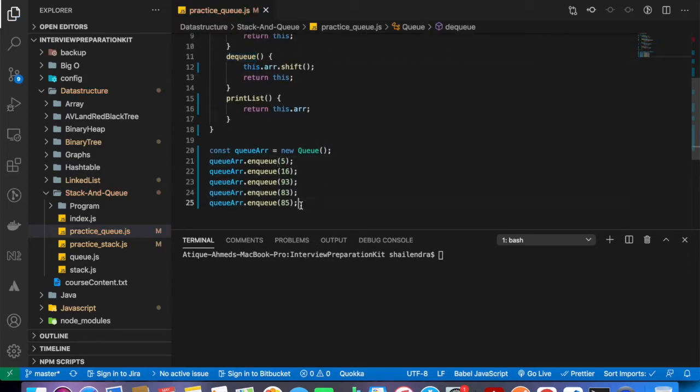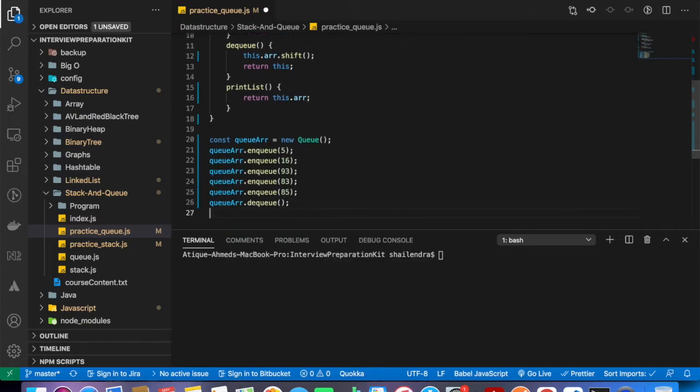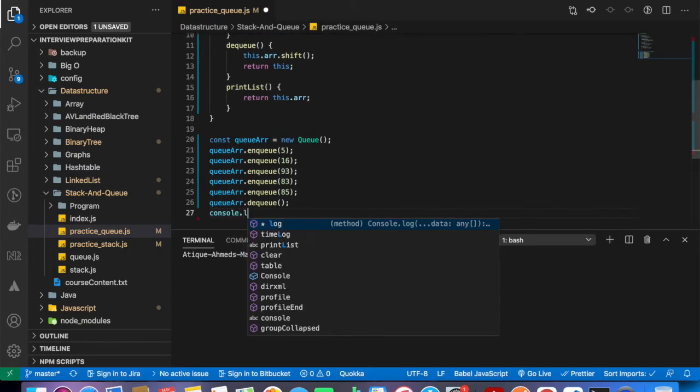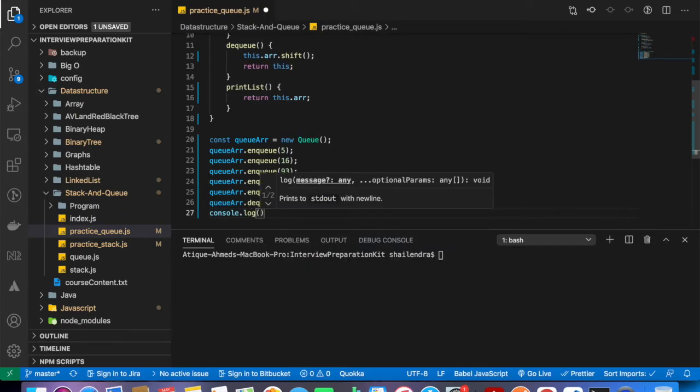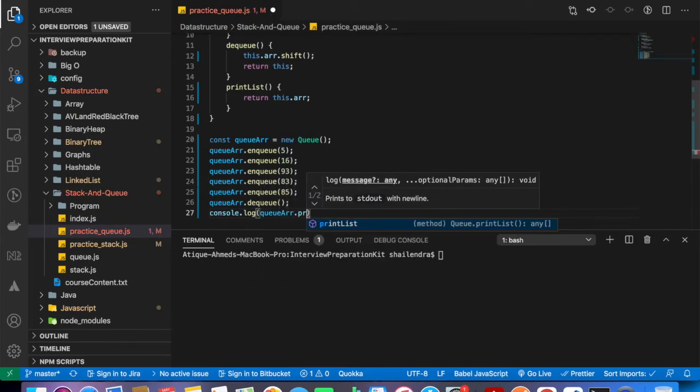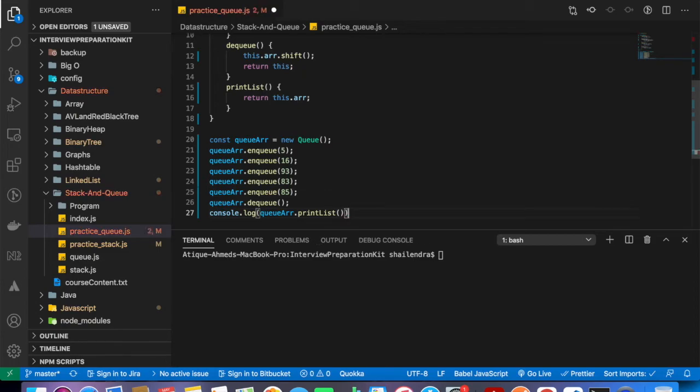So if we call queue.dequeue, and if you do console.log of queue.printList,